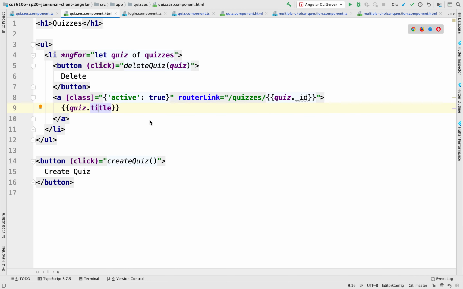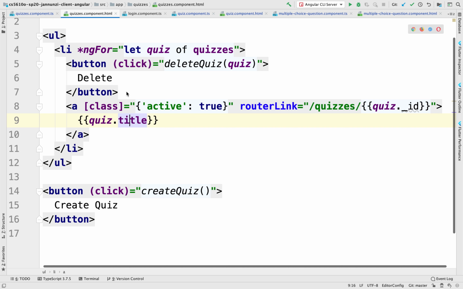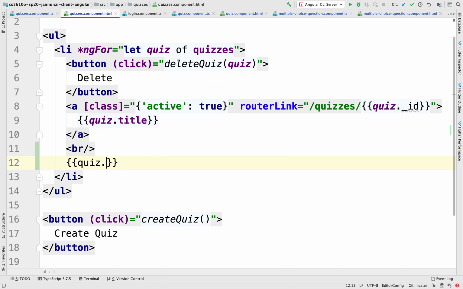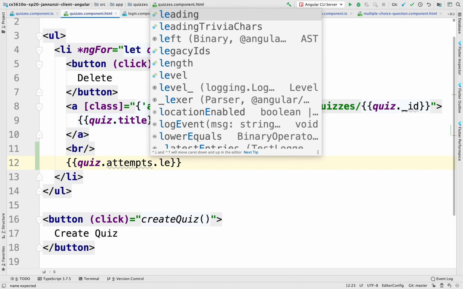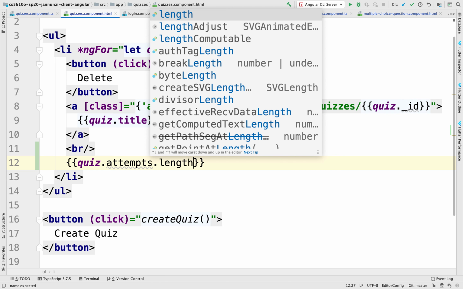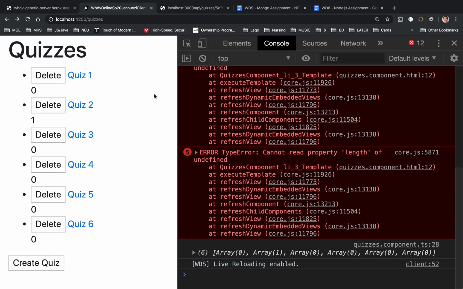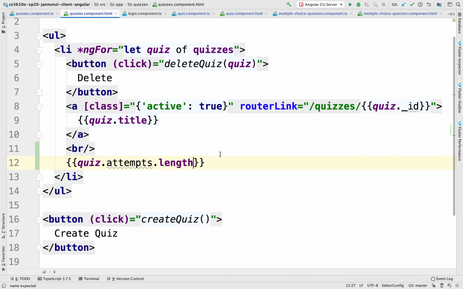In the quizzes component, as I am iterating over the quizzes and making the hyperlink and so on, I could render how many attempts do I have, the length. Right, notice that I have attempts. See that for quiz 1, I have no attempts. Quiz 2, I have 1 attempt,